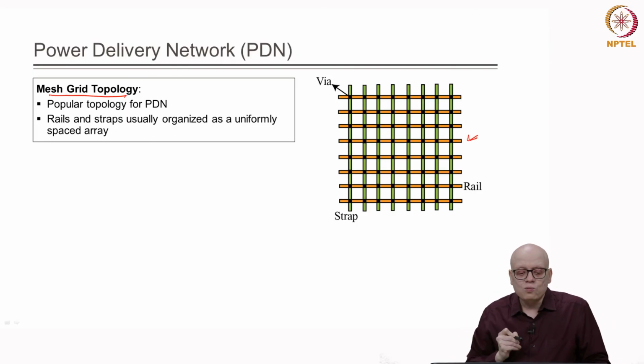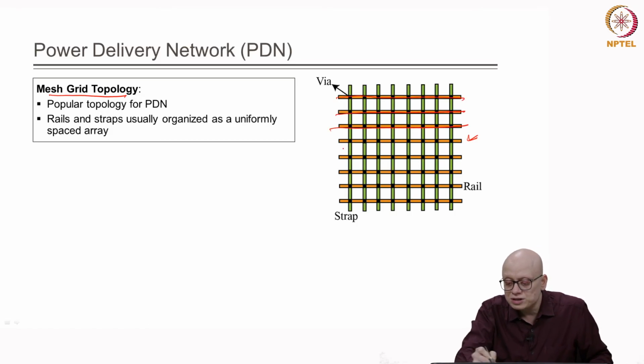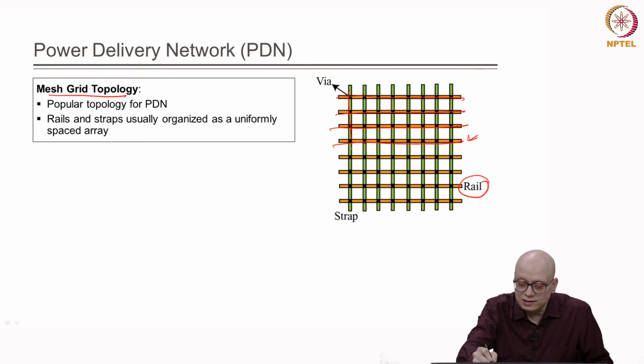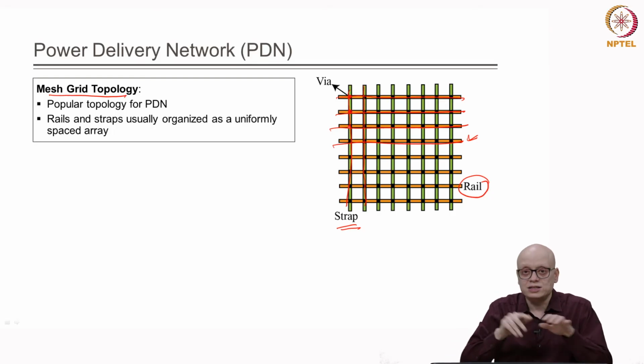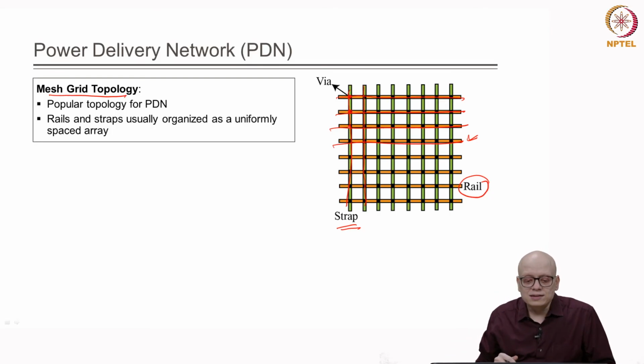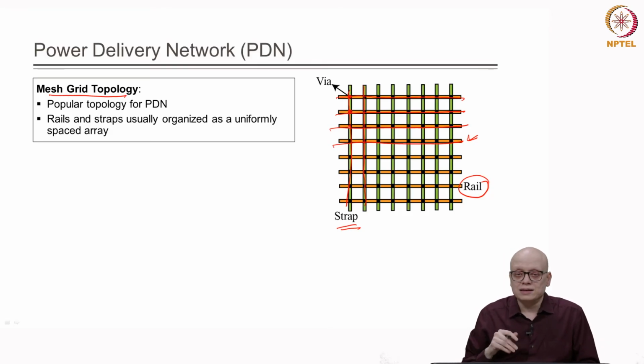In this there are parallel lines, horizontal lines, which are basically known as rails, right, and there are vertical lines which are known as straps, right, and in between we have the connections which are vias, right, which connect these two, right. Now, this